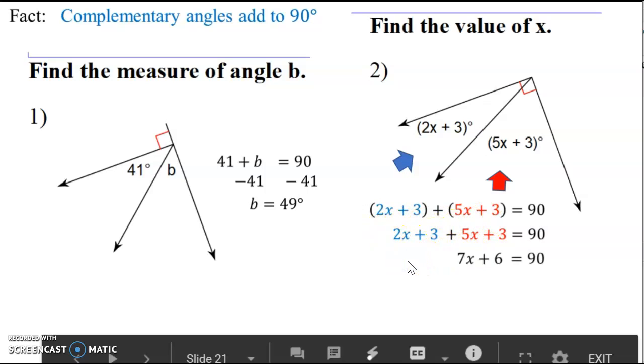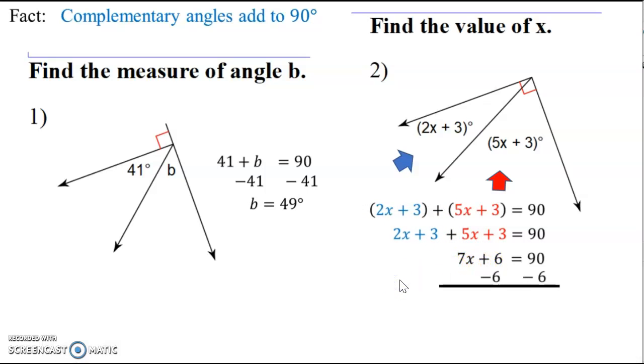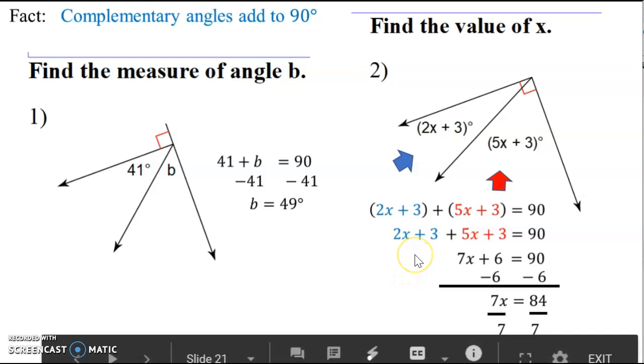So then from here, I'm going to combine like terms. 7x plus 6 is 90. And then we're going to solve algebraically, subtracting 6 from both sides and then dividing by 7 on both sides. That gives us x to be 12. Okay? Alright,